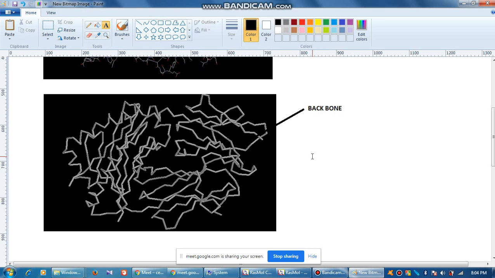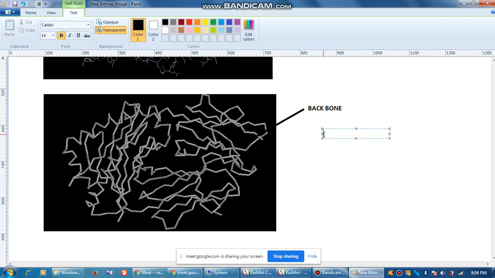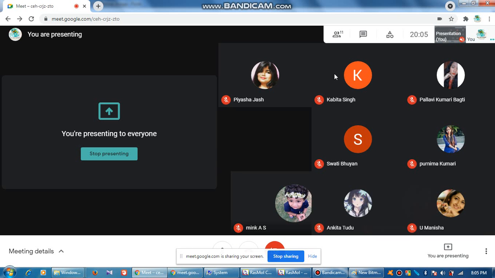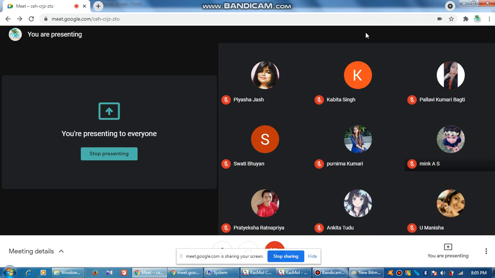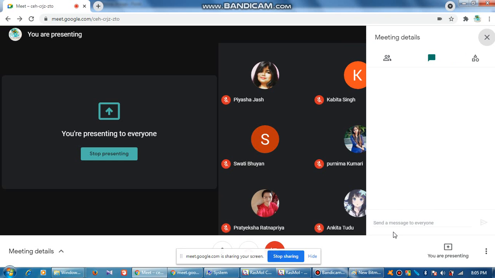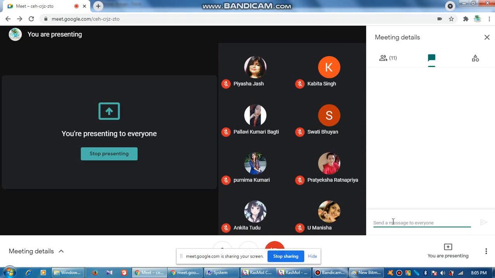Now here you see, I think I have shown you this. Have I shown you the formation of the peptide bond? Yes or no? Write down yes or no, I forgot. Have I shown you the formation of the peptide bond or not?